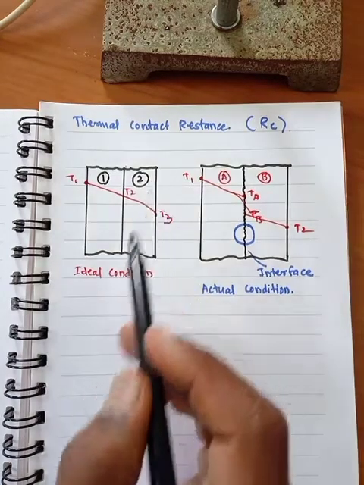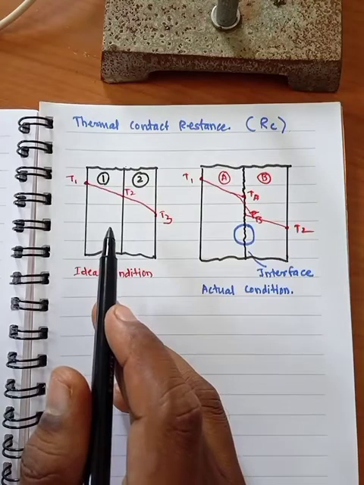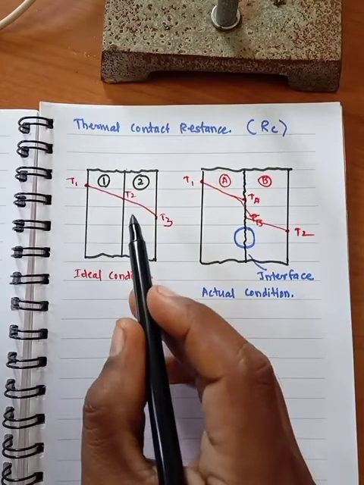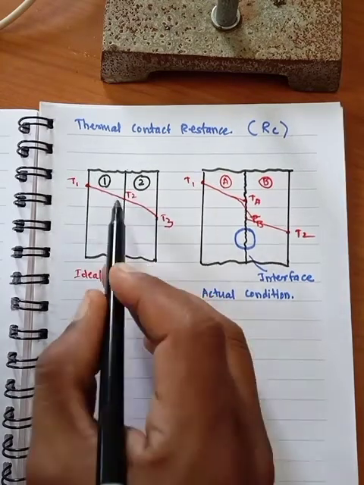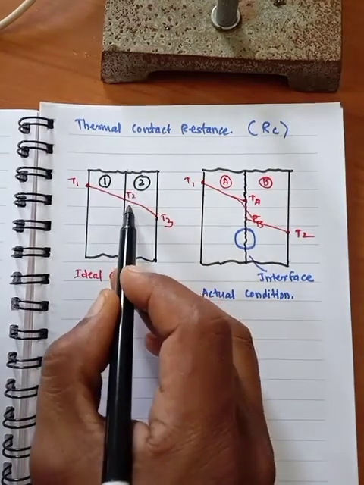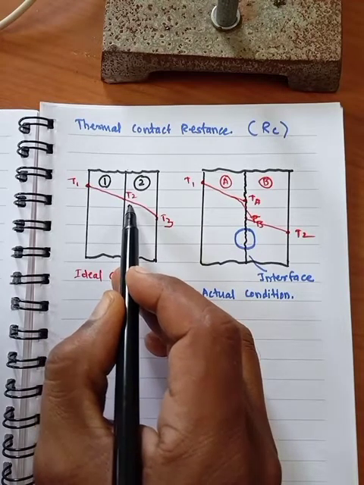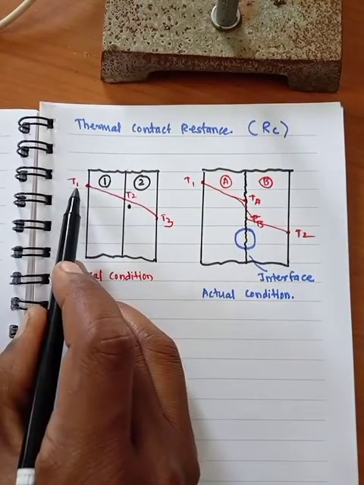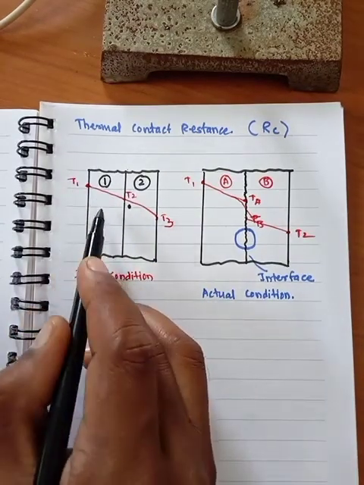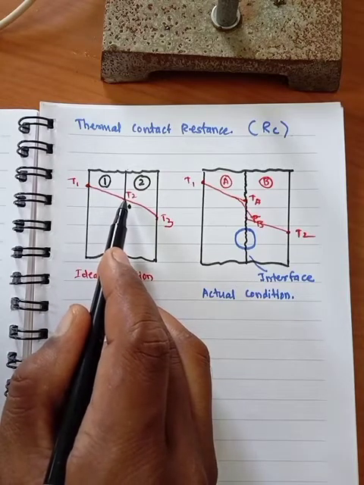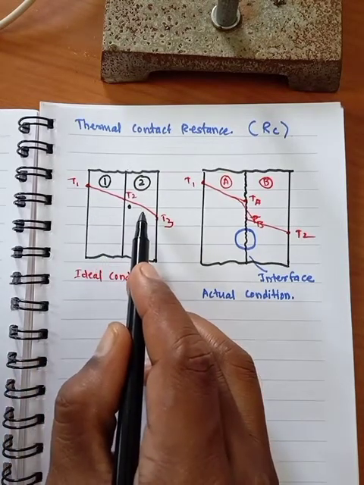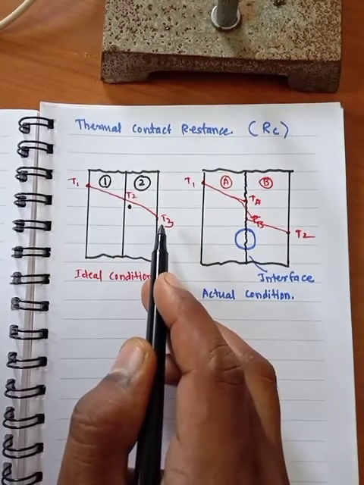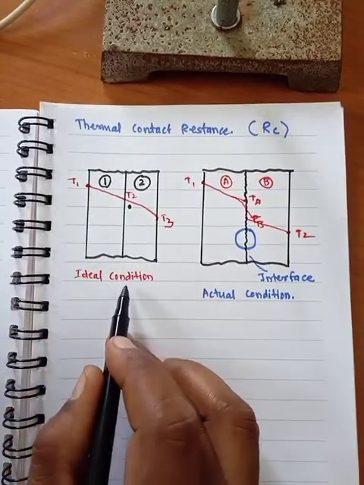Now the thermal contact resistance. So here we have taken a first condition, as if the wall is made up of two different materials, and we will find out the temperature at the interface as a single temperature. We will consider the constant temperature as T2. There is no difference in this temperature. That means at the first layer the temperature is T1, it is reduced due to the thermal resistance offered by the first layer, and the temperature will be reduced to T2, and due to the thermal resistance of the second layer the temperature will be reduced to T3. Okay, so this is considered as an ideal condition of the interface.